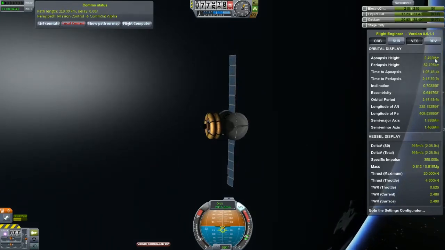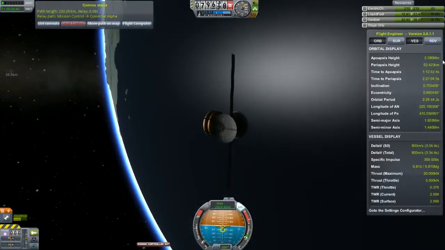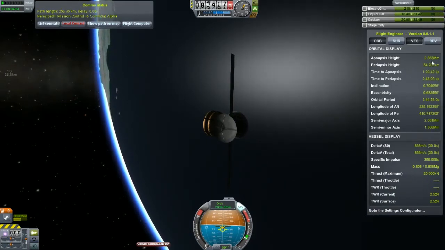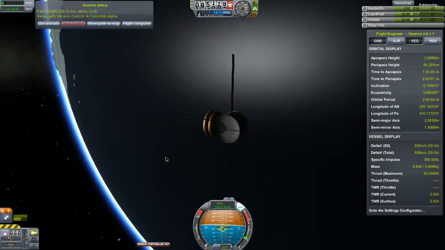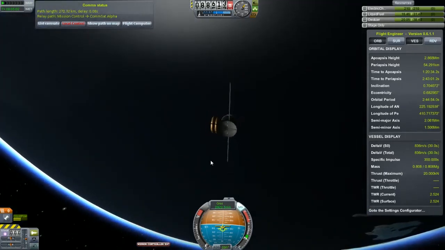2.2, 2.3, drop throttle again. I'm going to need to be really close about this. 8, 6. Oh, alrighty. So, there we go. Now I'm in a geostationary transfer orbit. However, I'm going to need to